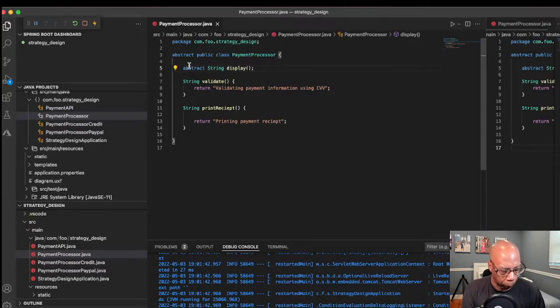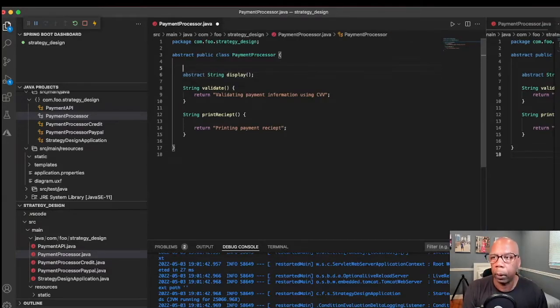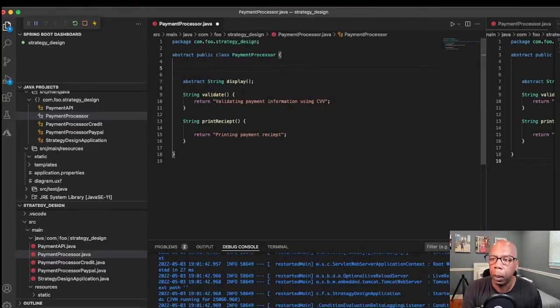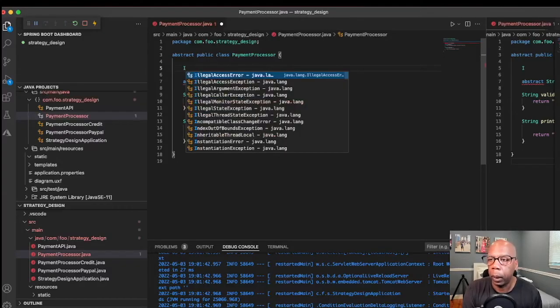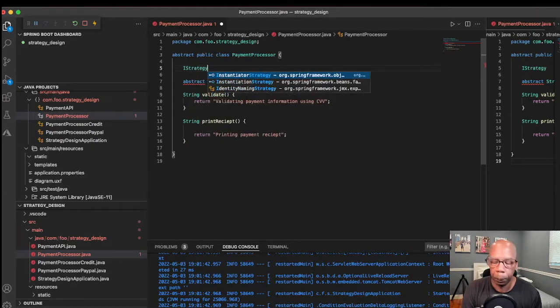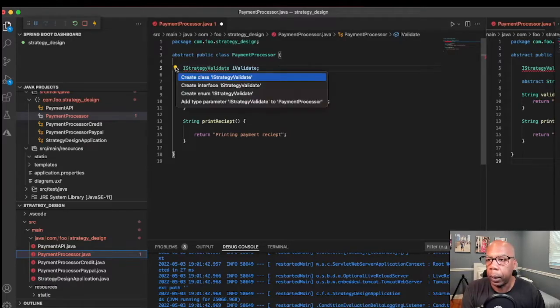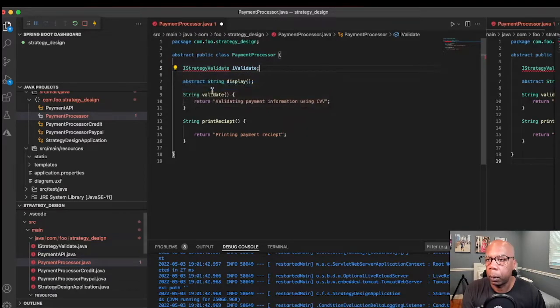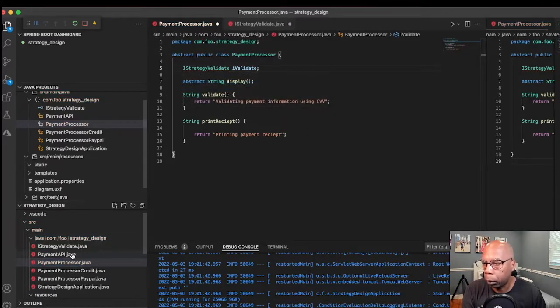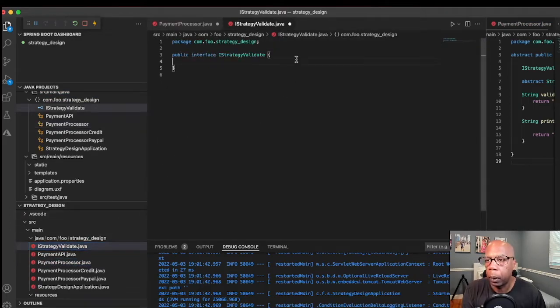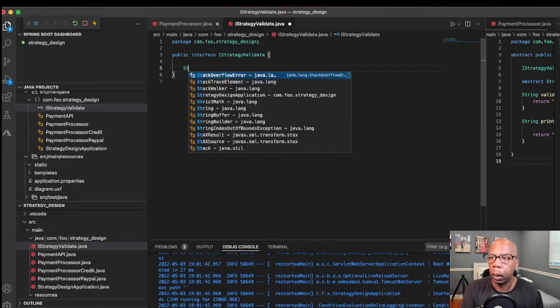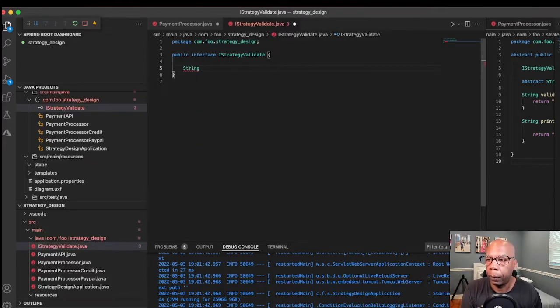What we want to do with the strategy pattern is leverage composition instead of inheritance. To get started there, we'll create an interface called iStrategy validate, and call this iValidate instance variable. And we need to create this interface, so we'll use Visual Studio's Quick Fix. Now we have our iStrategy validate, and we're going to start by adding a validate method here,